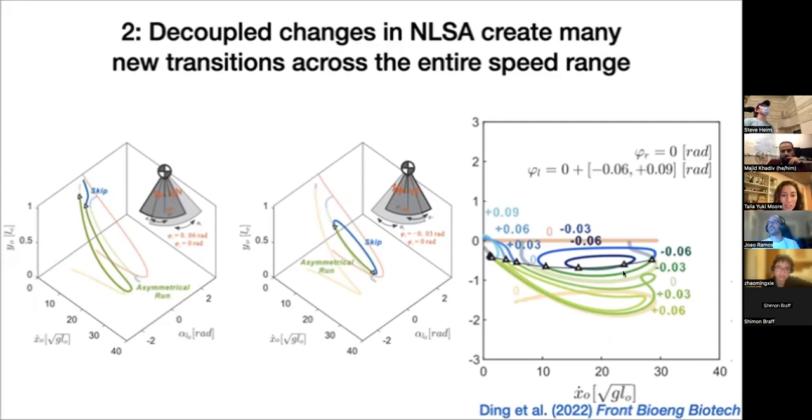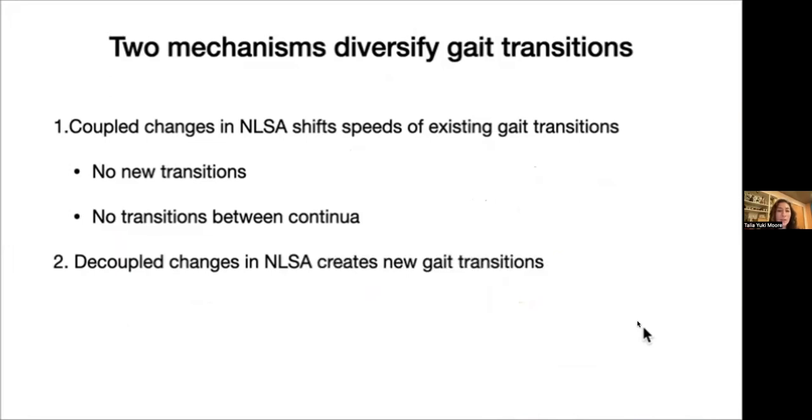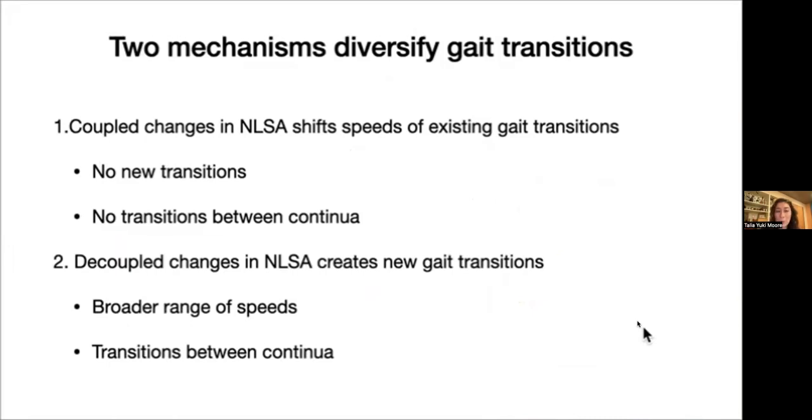So these asymmetrical gaits span everything between baseline running here, all the way to hopping here, which is an asymmetrical gait, right? And so running is in yellow here and hopping is in red. And that's going to be this transition between the symmetrical and the asymmetrical. They're totally overlapping and spanning that entire gap. So with decoupled changes in neutral leg swing angle, we're creating new gait transitions. And this allows us to transition at a broader range of speeds and between continua, which we couldn't do before